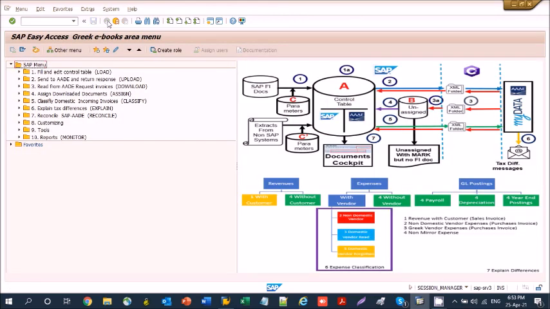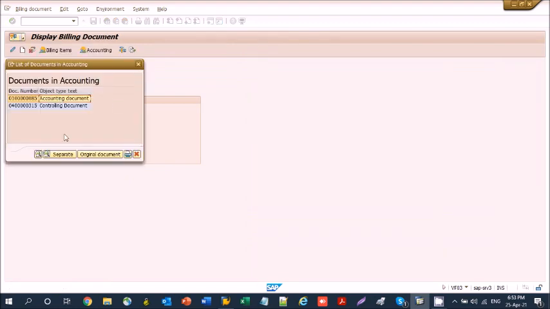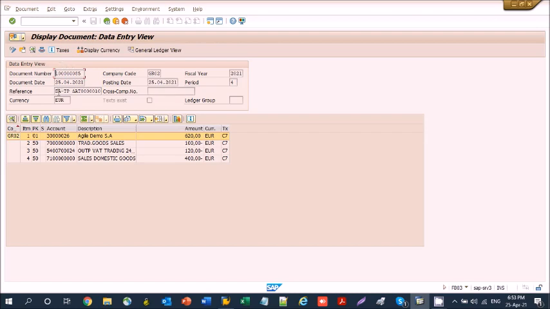Displaying again the accounting document using transaction VF03, you will see the reference document updated.